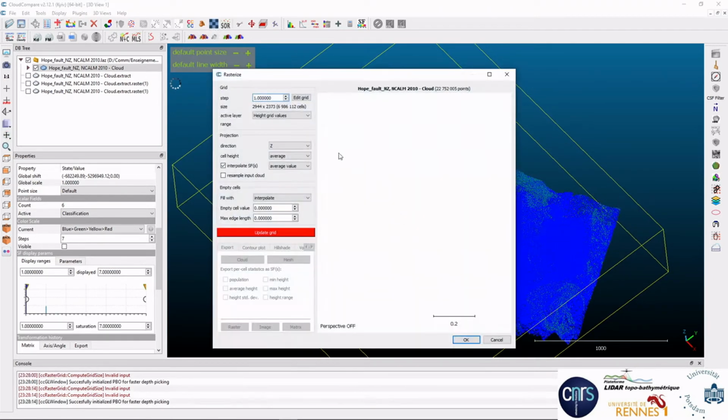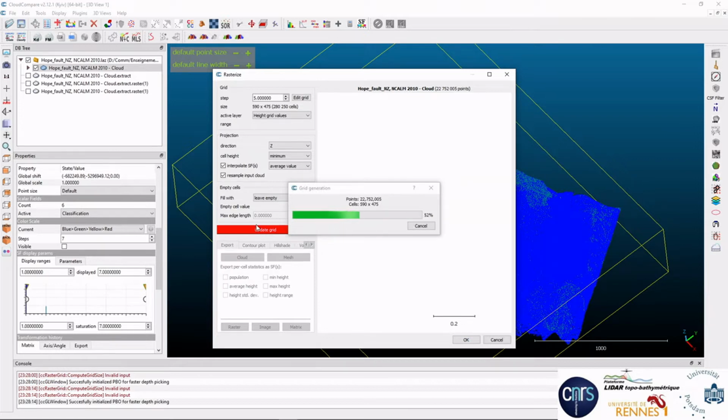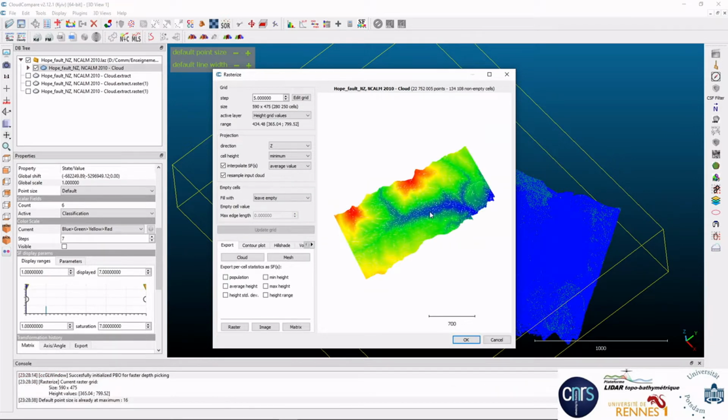Then we go in rasterize. We take, for instance, a rather large step value, 5, and here we take the minimum elevation, and we check an important function here, the resample input cloud. We don't need to interpolate. This is going to just extract points from the original point cloud. It's not going to create new points, and the result is not a raster in itself.